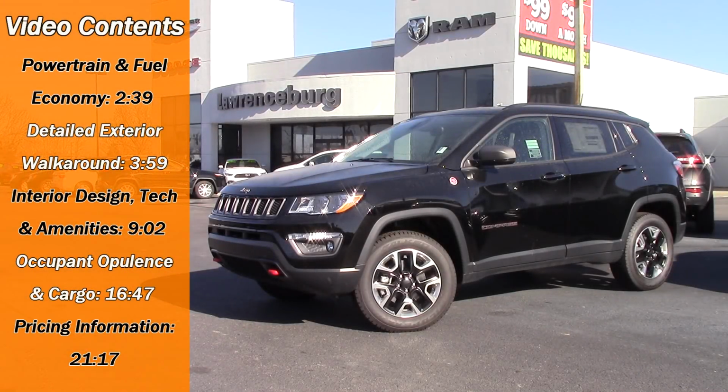It's a good time to be a brand that sells only SUVs. Jeep already had pretty solid coverage of the marketplace, but since Fiat Chrysler has all but given up on sedans, it's really up to Jeep to pull the weight. That's why we now have a new Compass, to give customers yet another choice if the Renegade's too small or